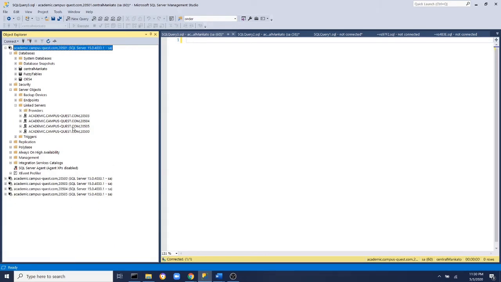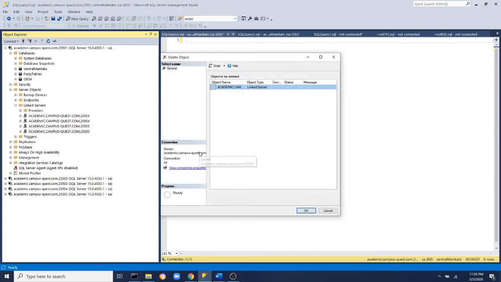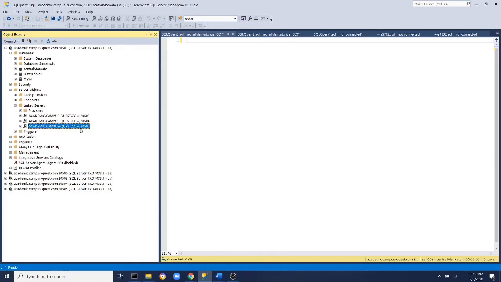These servers I linked into here. So I will delete one of them, and I'm going to delete the 20500 server. Let's say yes. And to link the server, you first need to right click the link server, and you need to click the new link server,